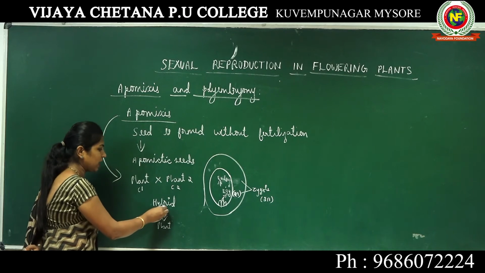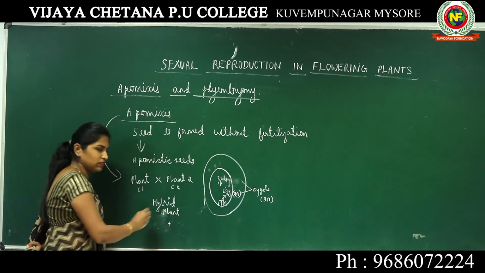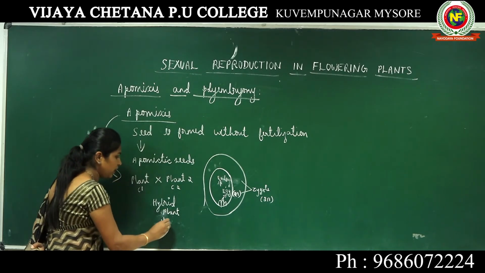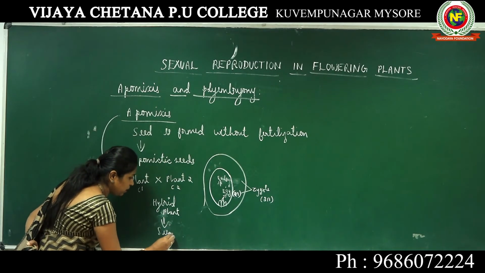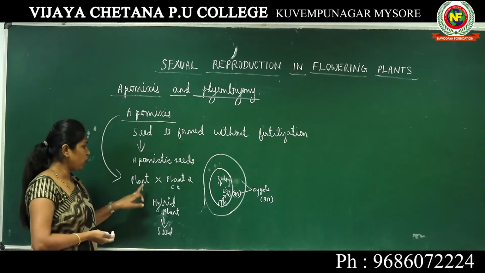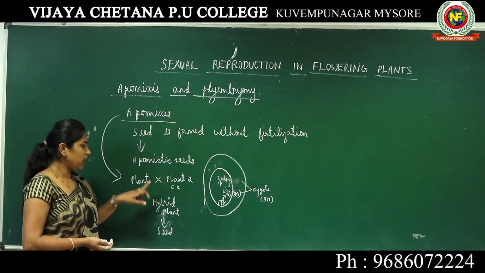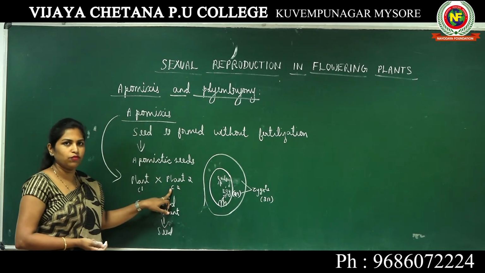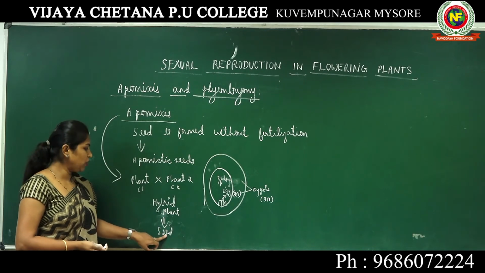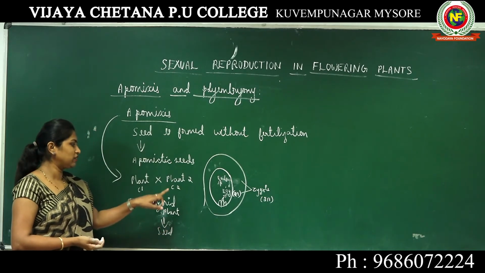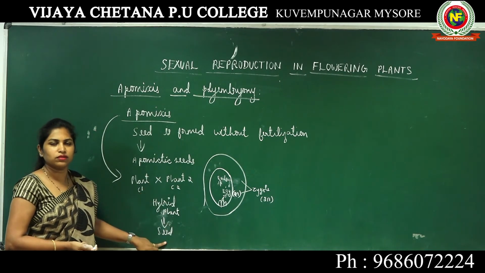However, when this hybrid plant undergoes pollination, fertilization, everything, and ultimately produces the seed: when you have crossed two plants, you got the hybrid. This hybrid plant has the characters that you are desiring for. However, when these hybrid plants produce seed, it may not have the same characteristics as that of the hybrid. It may go back to its parental characteristics.